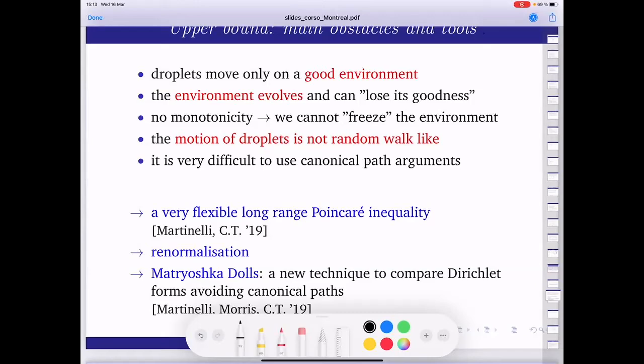But at the level of the Dirichlet form, so at the level of the study of the spectral gap, what I can do is look at an auxiliary dynamics in which each region of the system can be updated only if, say, for example for the